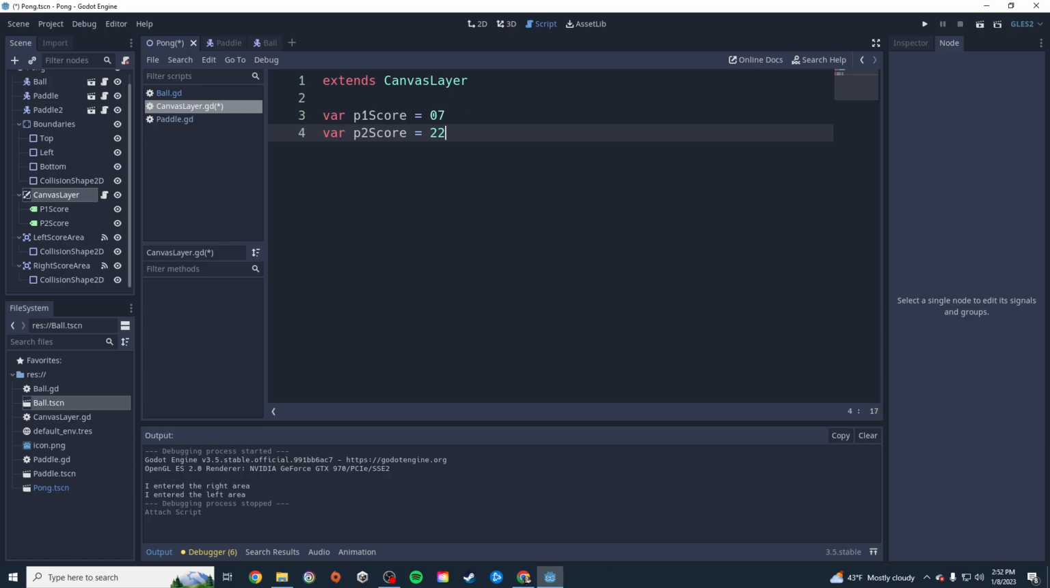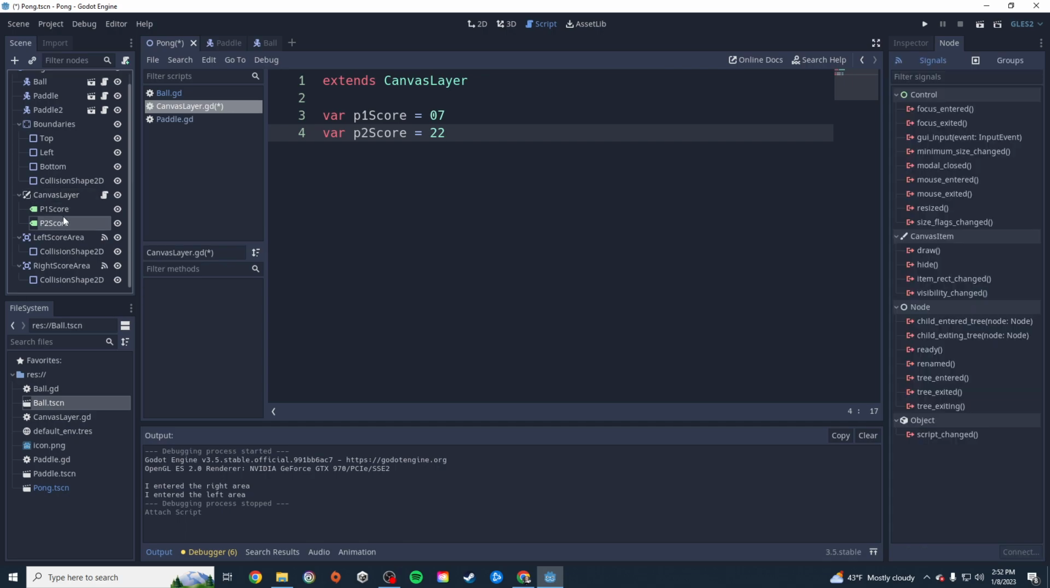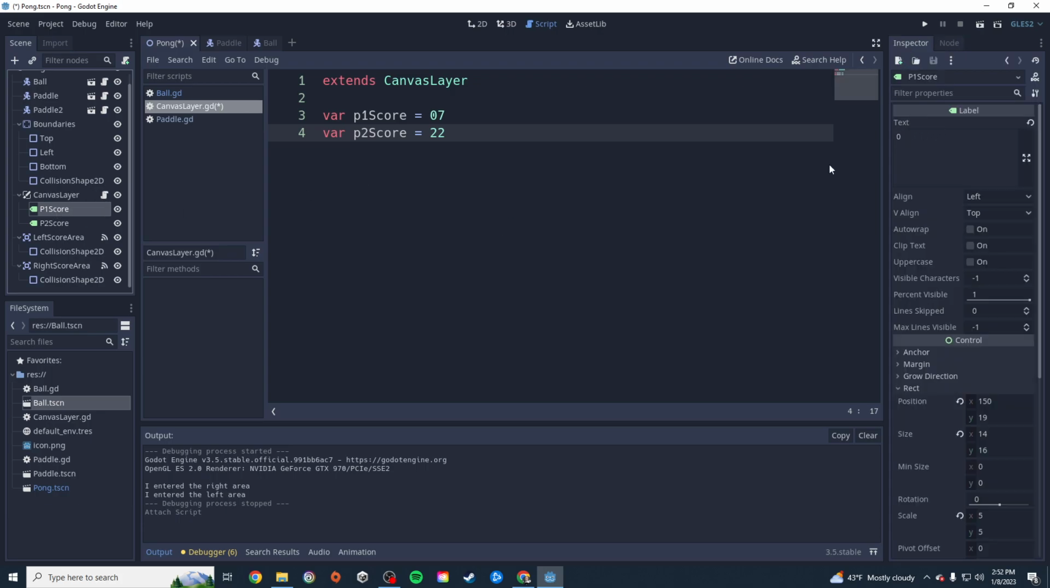Okay, perfect. And then at the beginning of the game, we want to change the text of the labels in the P1 score and P2 score labels. We want to change the text value to be whatever this P1 score, P2 score is. So at the beginning of the game,